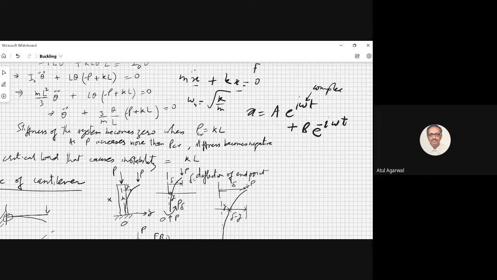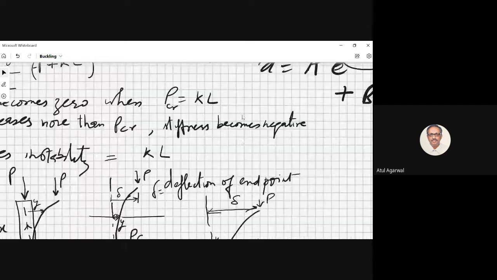So you get something like e^(Ct). You have a real number here instead of an imaginary number. Once you have a real number here, you see as time grows, your solution will grow. So you don't want a growing solution. This has an exponential growth. Only iota is making it bounded. So when your stiffness is negative, your solution blows up. So you don't like that.